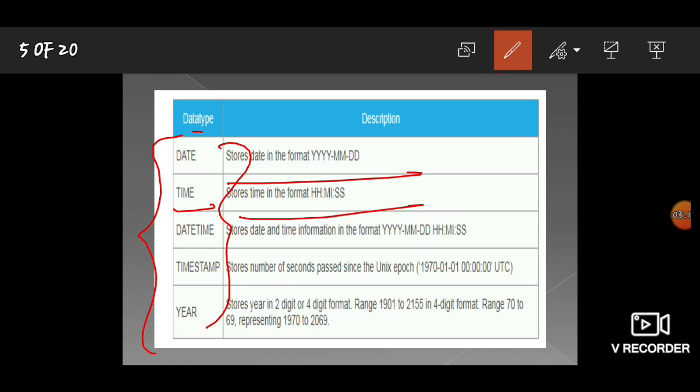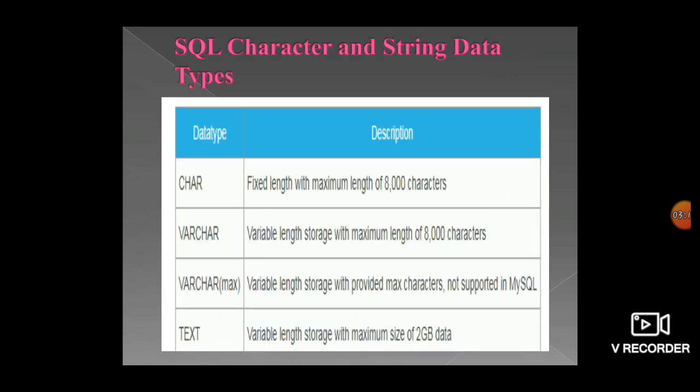After that, let's go to the next slide. Here you store all the data that is in the form of characters. In C or in Java you have already learned that characters are in alphabetical format, in the arrays concept and the pointers concept.